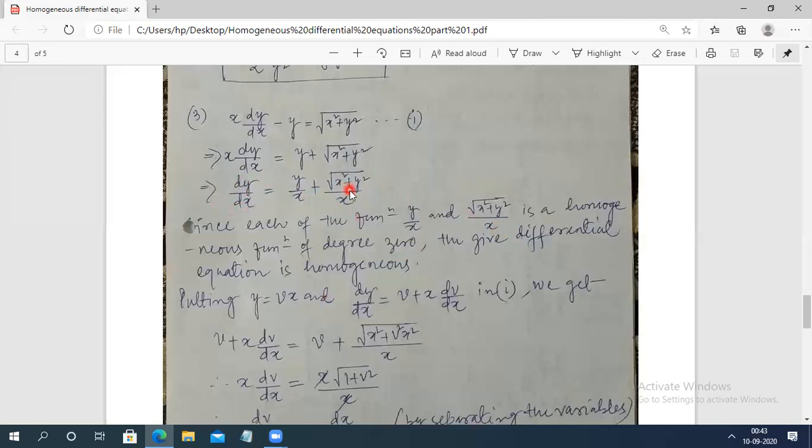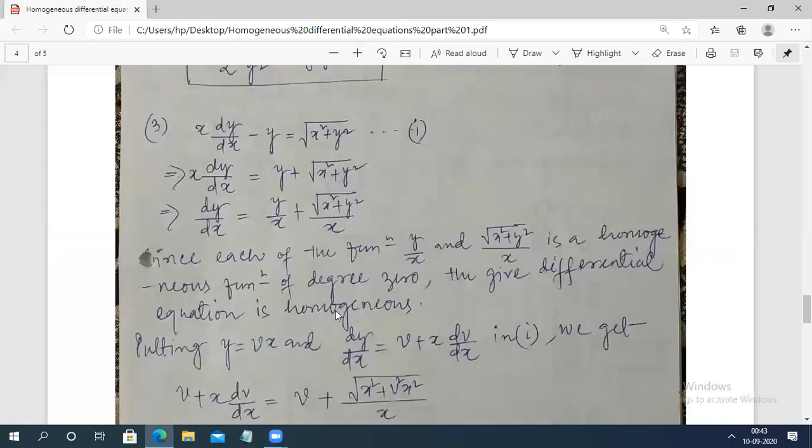So the first step is done. We have checked that this given function is a homogeneous function. Now, since it is dy by dx, just substitute y by x with a new variable v, or you can say write y is equal to vx. The same way you have to proceed.